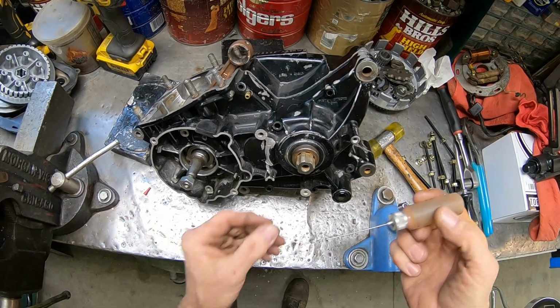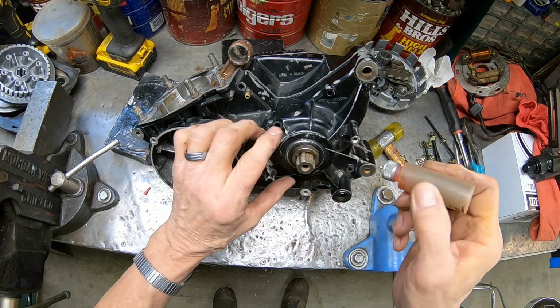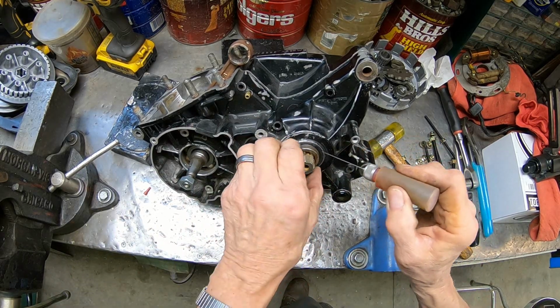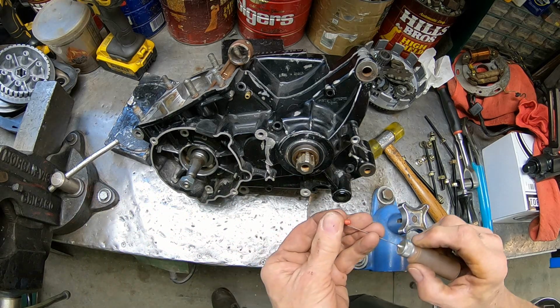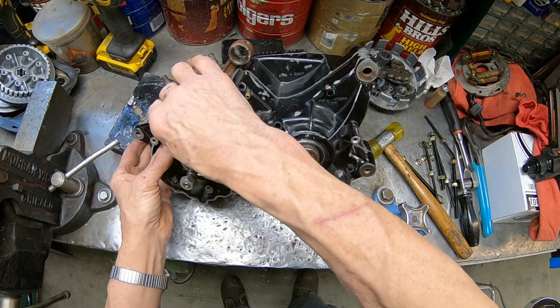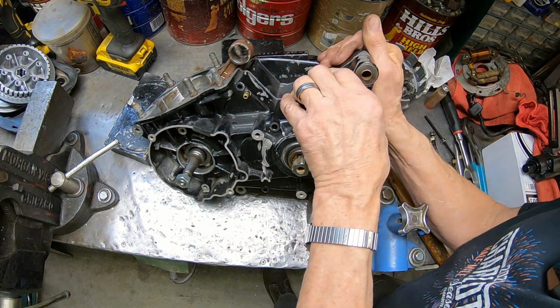Okay, I think we've got a rust problem here. This spacer behind the counter shaft, it's not wanting to separate, come out of there. And every time I pull it apart in the front, it keeps wanting to go down here. So